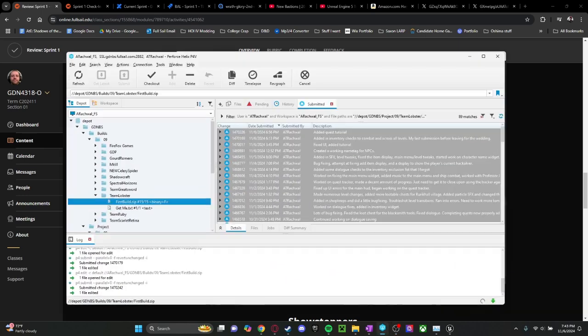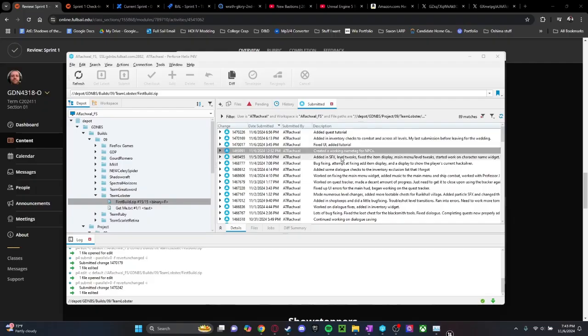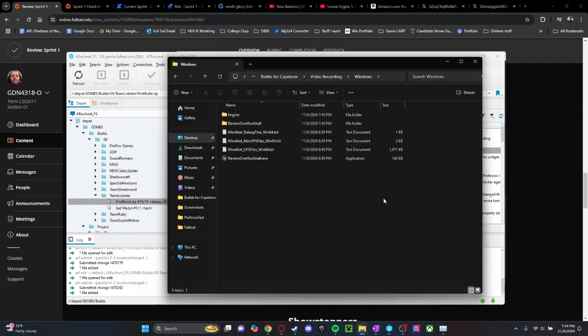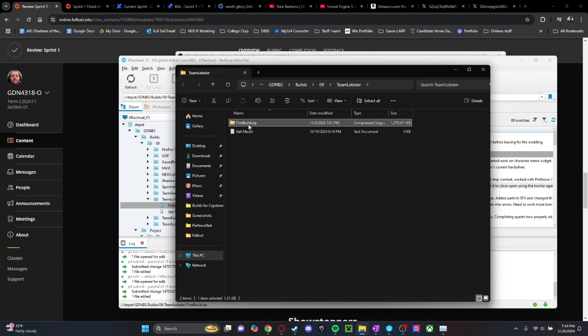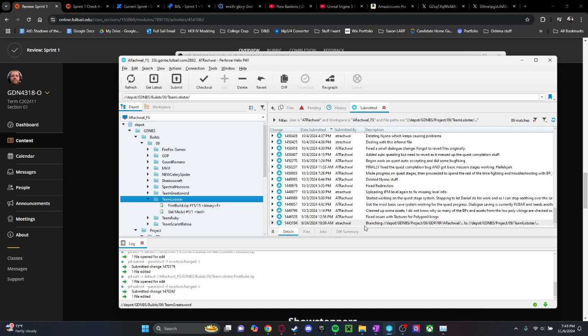Here's the Perforce again. Just for the heck of it, I'll close it. And I will go open this video recording. Build for capstone. I've already exported it. It's the same. It's the same one as for build. Show in Explorer, first build. Same everything, same stuff. The last build was made on